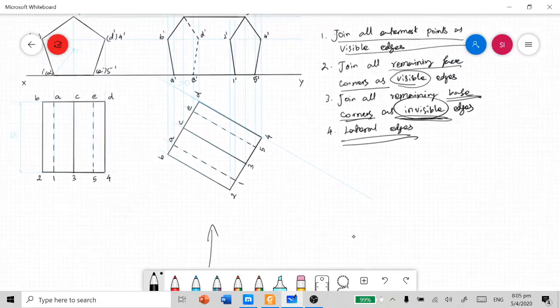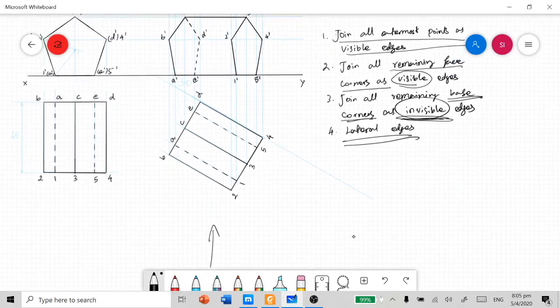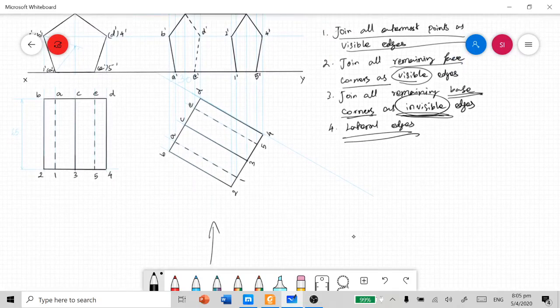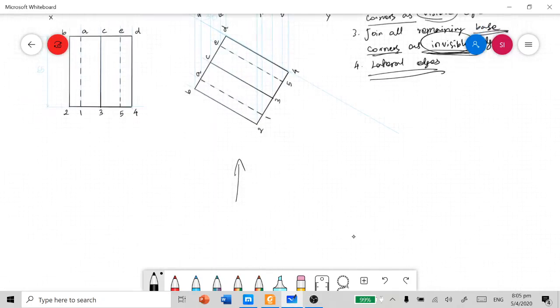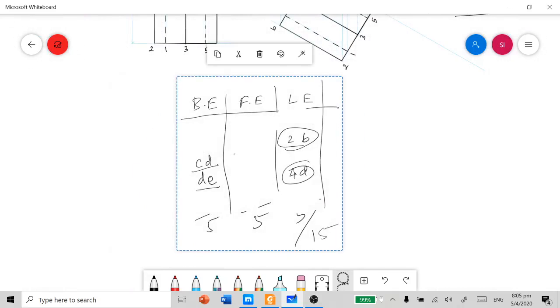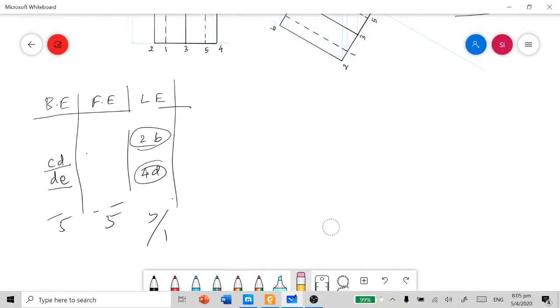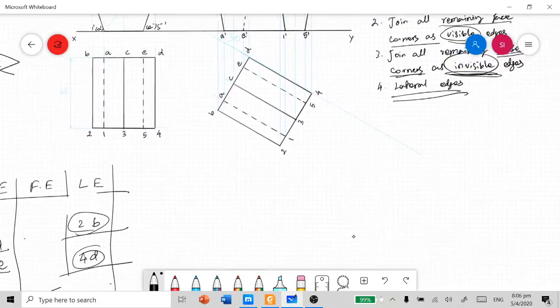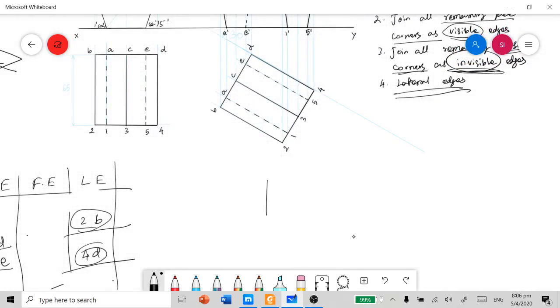Here you can see we need to decide whether the edges 2B and 4D are visible or invisible.